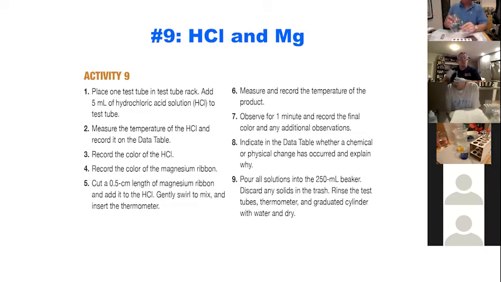So in your reports, when it says your conclusion, is it a chemical or physical change? You've got to explain why. Don't just say, it was the chemical reaction. I've noticed that now they've started grading some of your lab reports. You need to explain